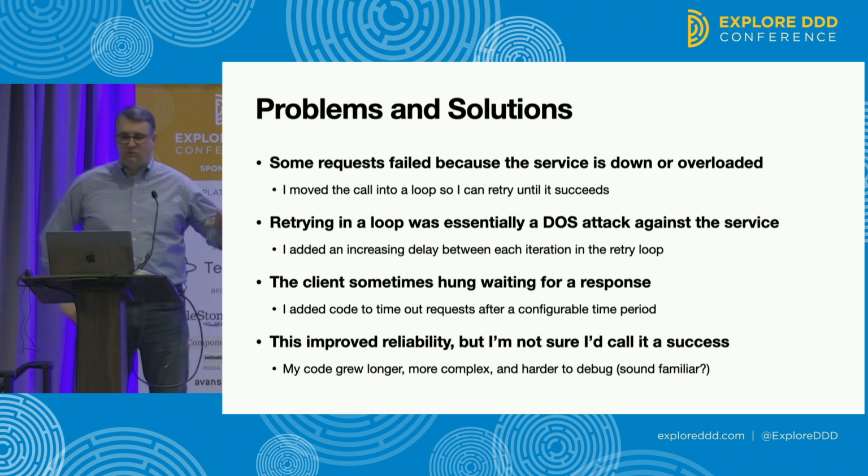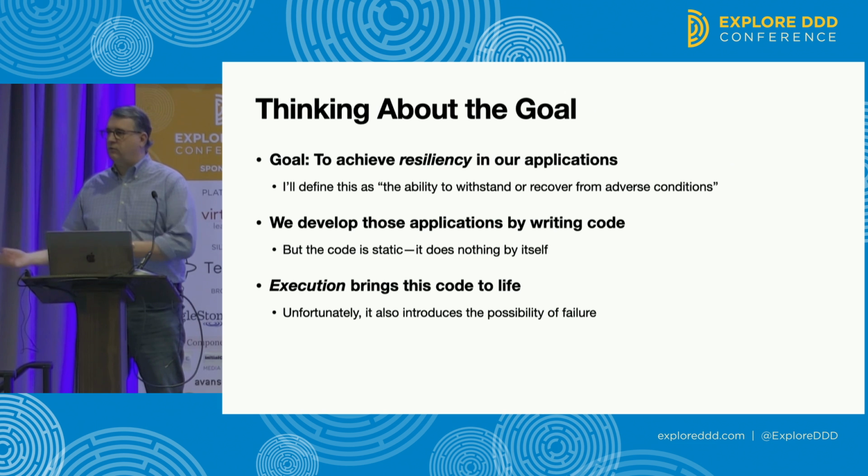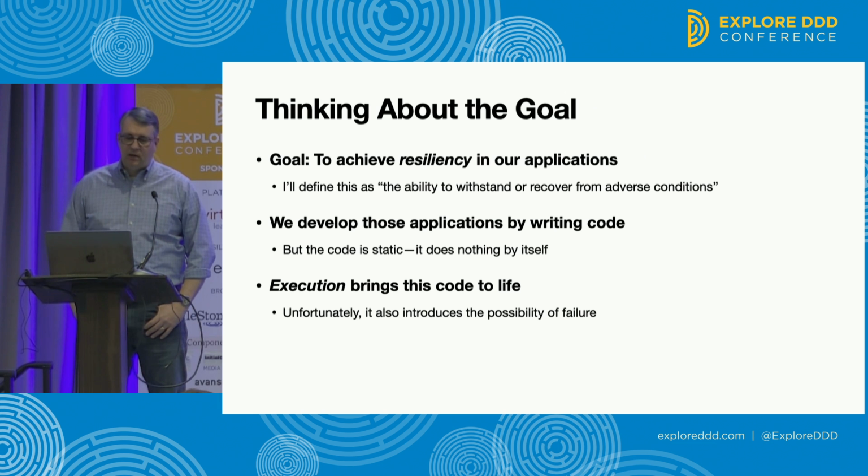You know, I was doing this in the context of the Sun machine and publishing stories using protocols that we made up, but with microservices, you've got the same sort of situation in modern times where you're trying to call a service and the service is unavailable or the network is down. There's any number of things that could prevent you from being able to accomplish your goal. Ultimately, though, the goal is to achieve resiliency in the application. And the way that I define that is being able to withstand or recover from adverse conditions.